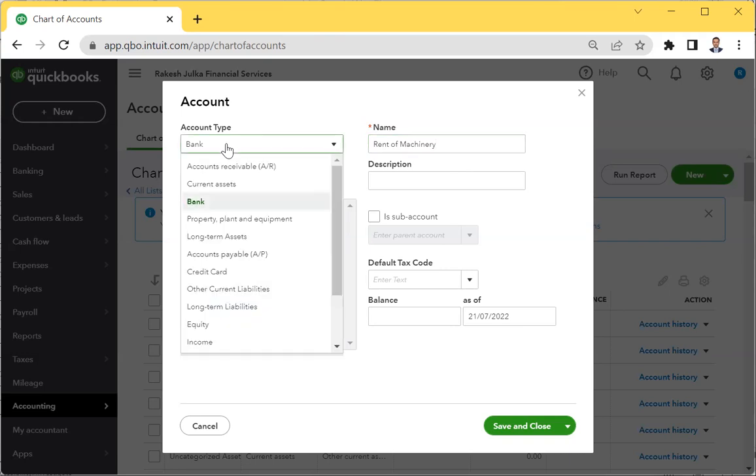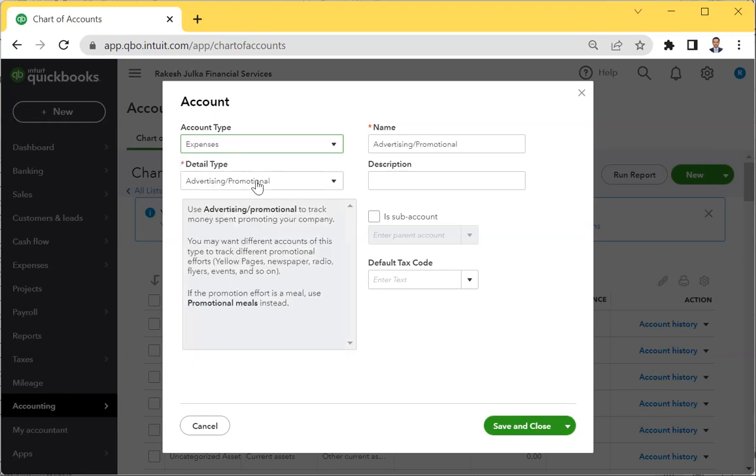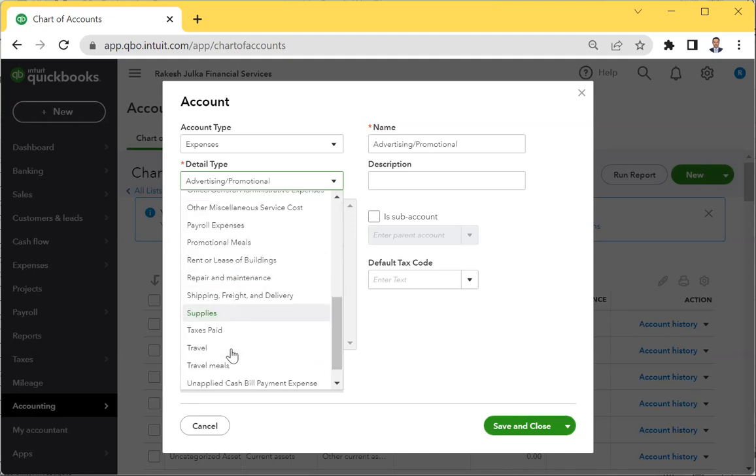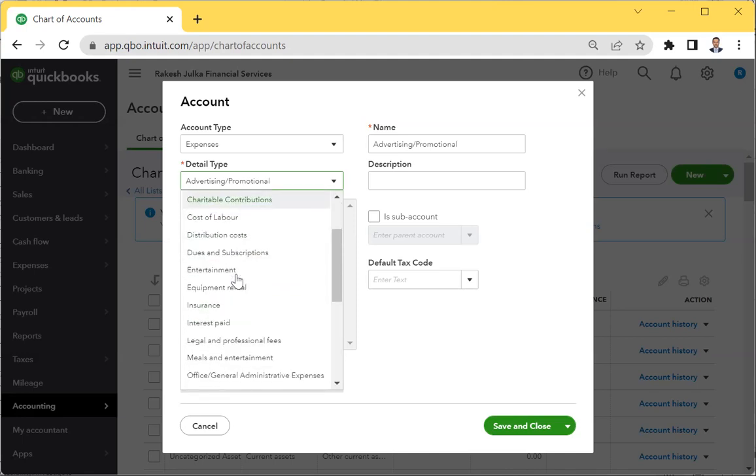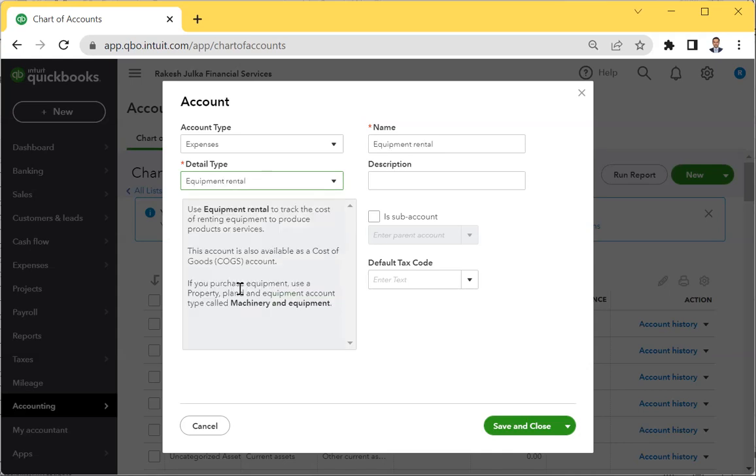Before writing this, we should select this one. So what is rent of machinery? Is it income, expenditure, current assets, current liability, fixed assets, or fixed liabilities? Meaning assets, liability, income, expenditure, or equity. What is that? So rent of machinery is expenditure. So we need to see where the expenditure is. So this is the expenditure here, and here we can find a number of expenses. Equipment rental, yes. So we can select equipment rental here. So expenses, equipment rental. Here I'm going to write rent of